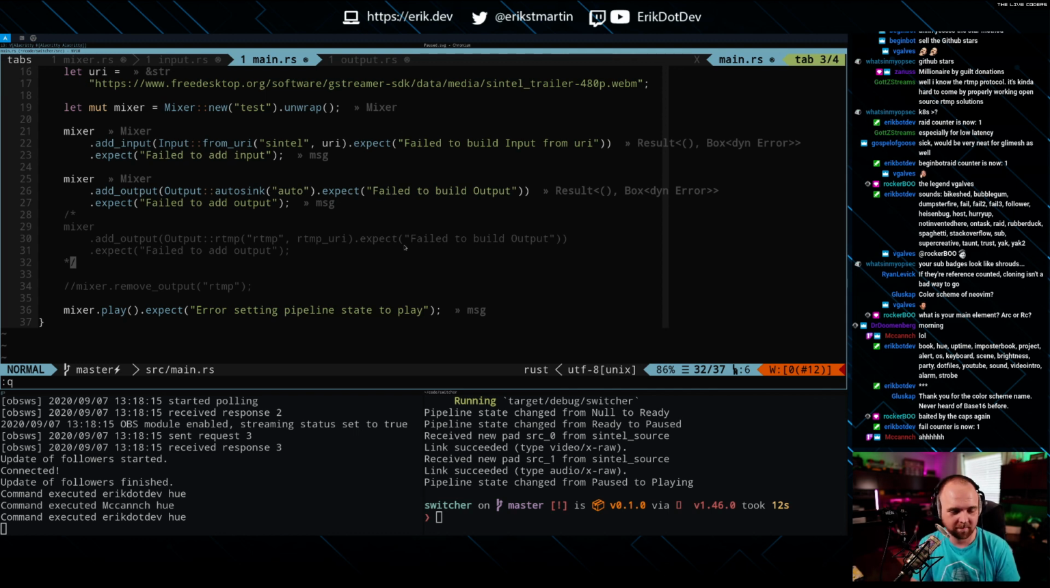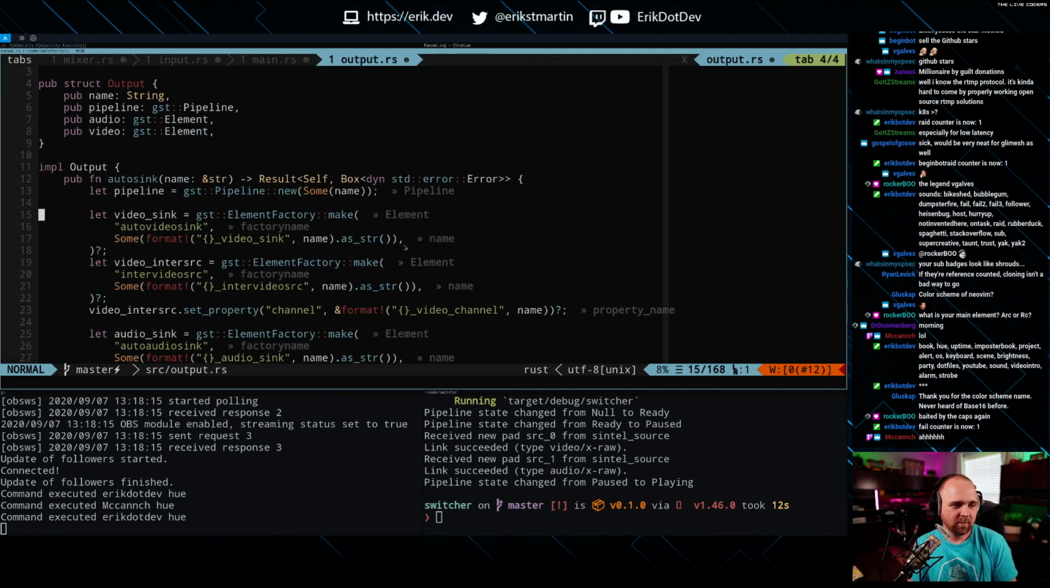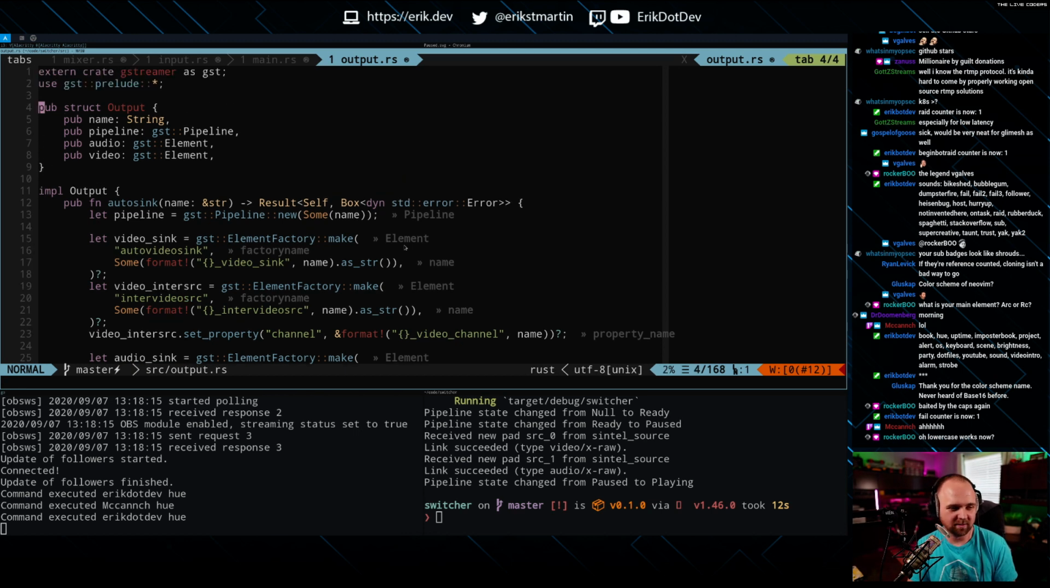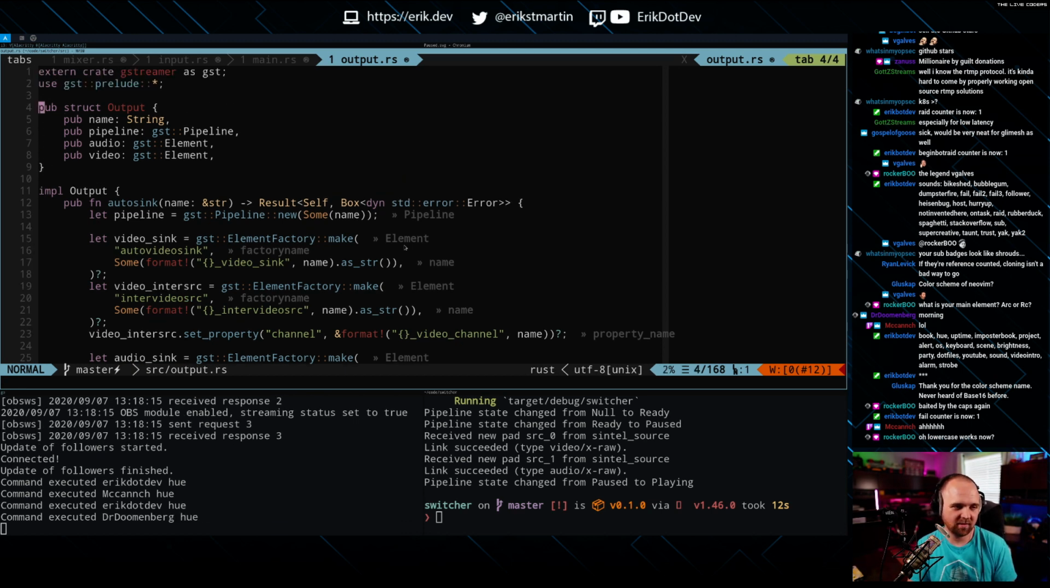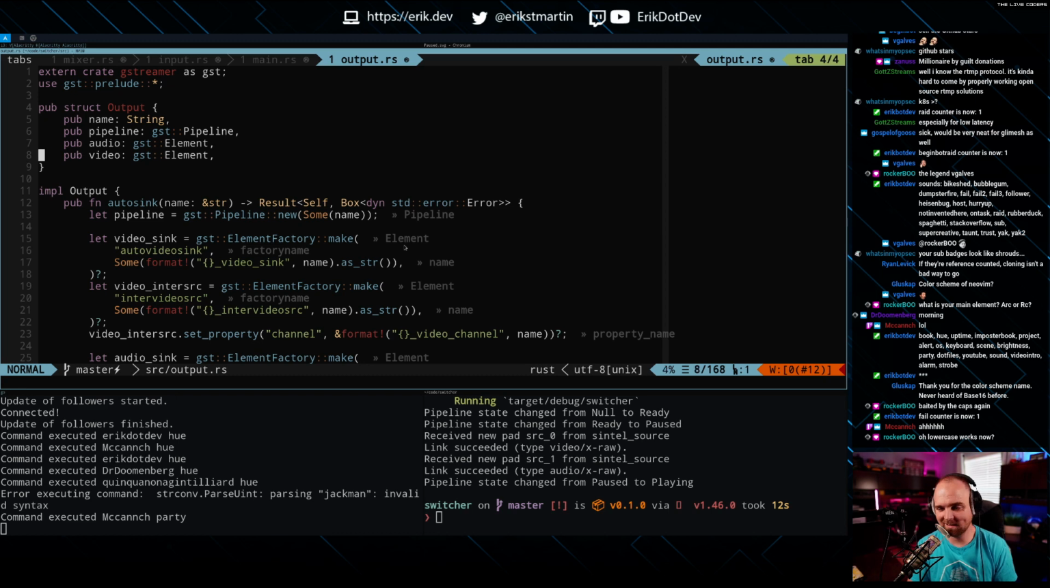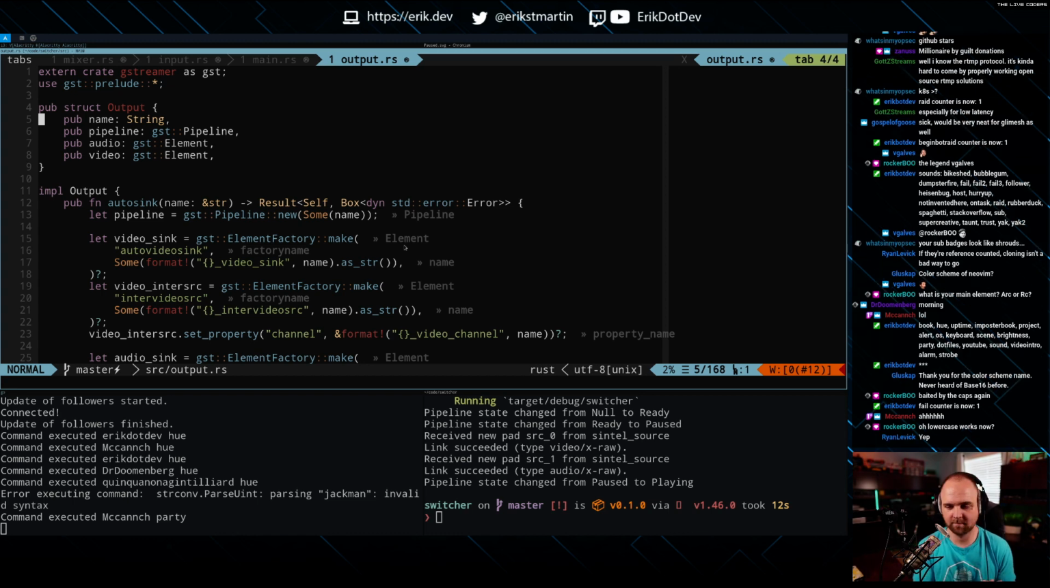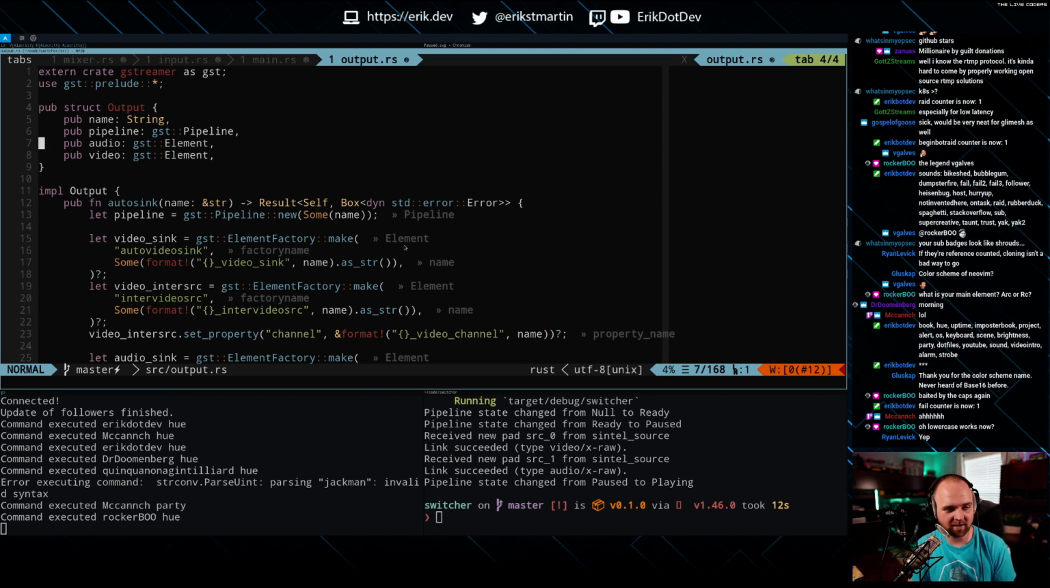Okay, so I think we're going to have to make multiple output types here. And so this is where we get into traits and things like that. Ryan, are you still here? So here's what I'm thinking. Because these are so vastly different, I think we probably need to do an RTMP output and